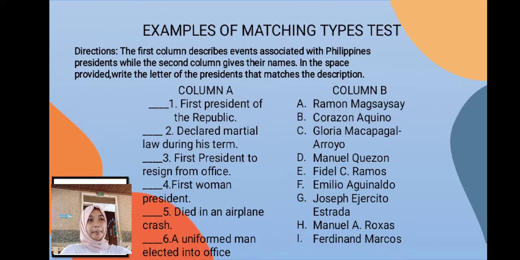Column A, number 1, first president of the republic. Number 2, declared martial law during his term. Number 3, first president to resign from office. Number 4, first woman president. Number 5, died in an airplane crash. Then number 6, a uniformed man elected into office. While in the column